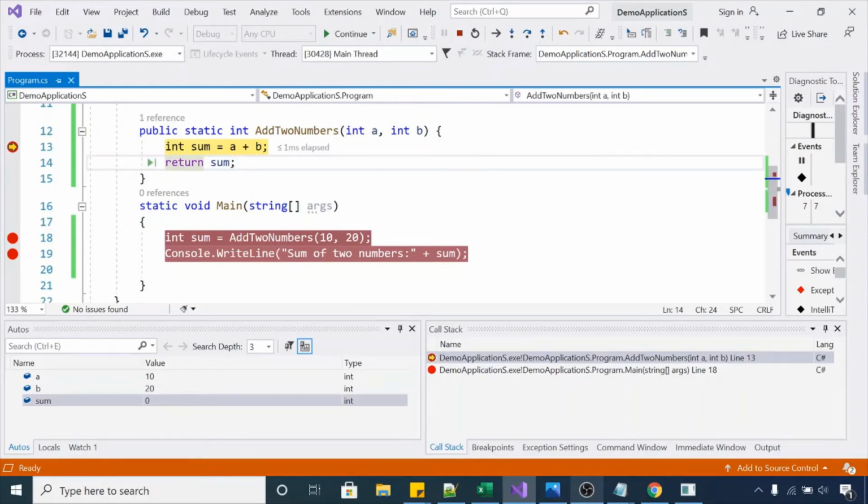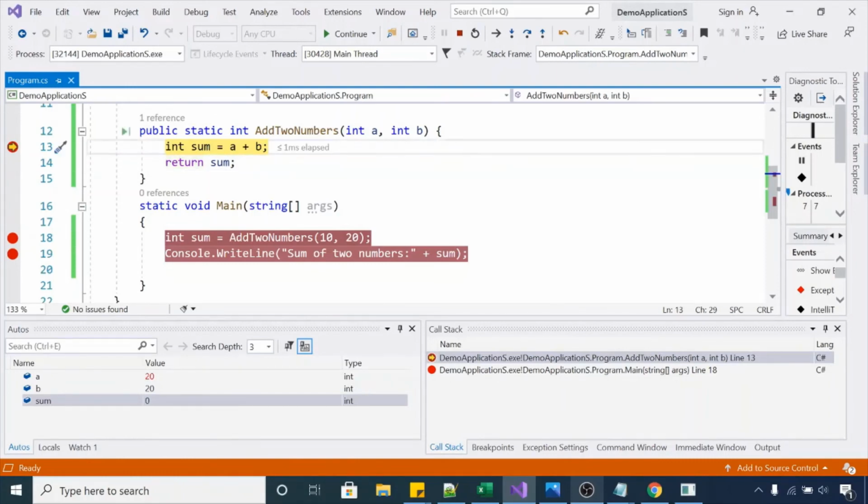Now let's suppose I want to update the value of A to 20. How can we do that? In debug mode you can do that. Right now A has the value 10, and I want to modify it to 20. You can just click in this area and replace 10 with 20, and press enter.